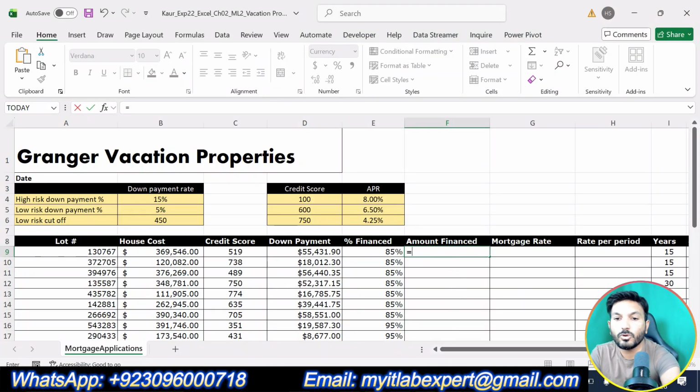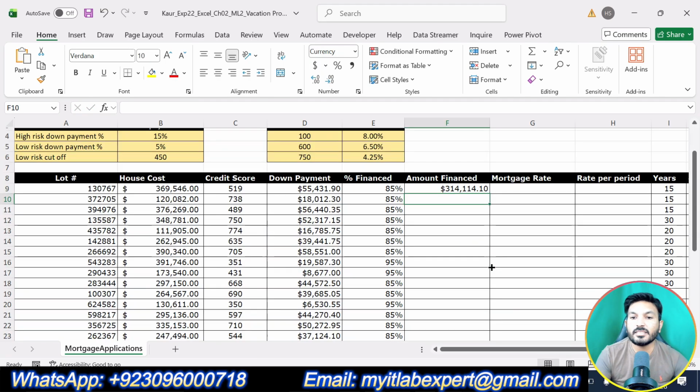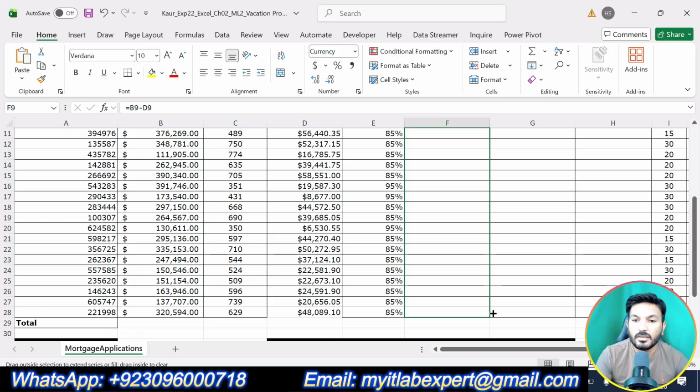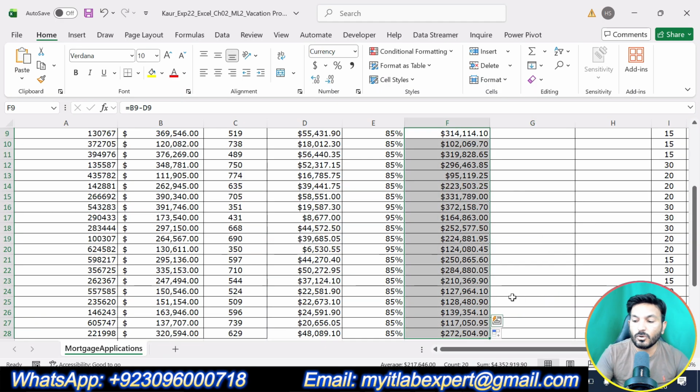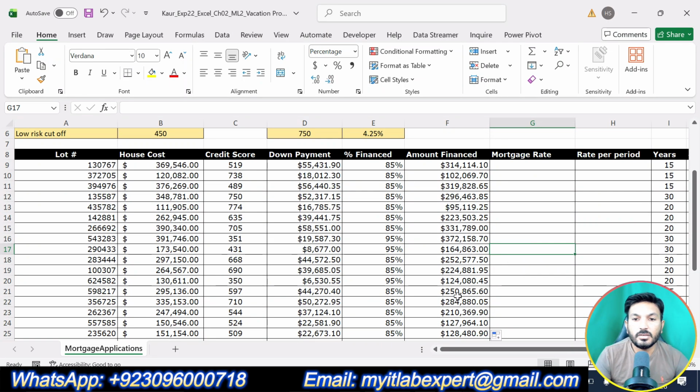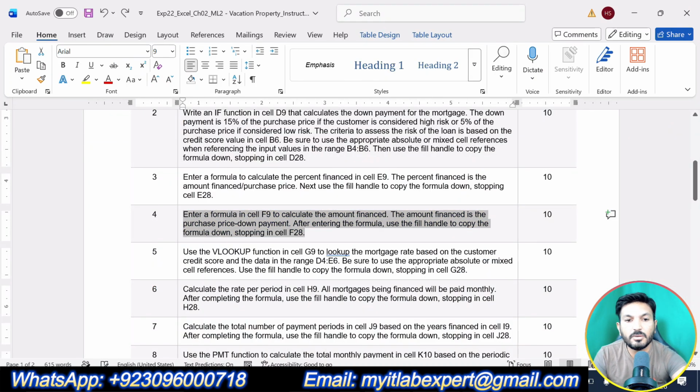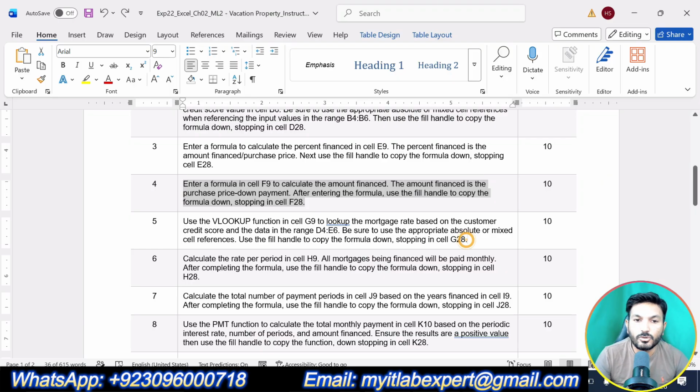So here we are supposed to calculate the amount financed, and amount financed is equal to purchase price minus down payment. Okay, so we will get the amount financed, and we are supposed to use the fill handler to drag it down up to cell F28, and from here select fill without formatting. Okay, so we have calculated the amount financed. So that is all about step number 4. So we are done with the fourth step. Now let me do step number